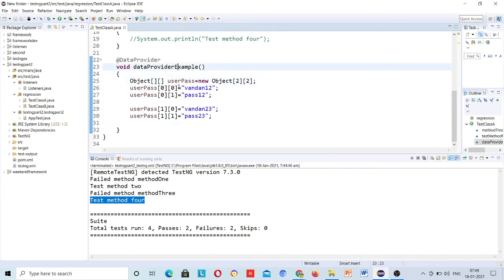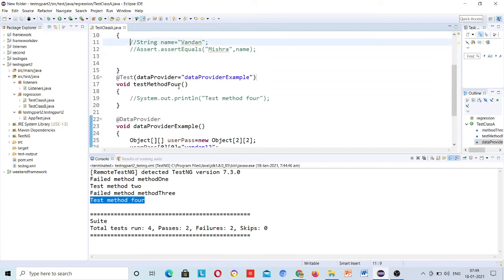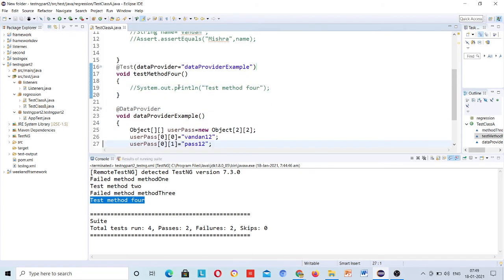Now as of now I am using the hard coded data. You know the Excel concept, you have to put here Excel code which is getting data for you, and you have to provide it to this method, right? This is your assignment. If you fail to do it, let me know, but at least try it. Here I am using the hard coded one because you know the Excel sheet code, how to get data and then provide it.